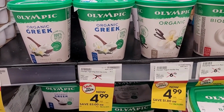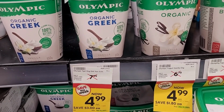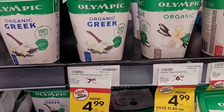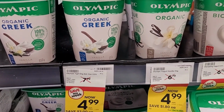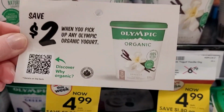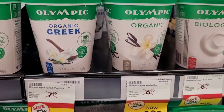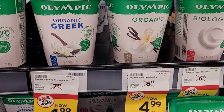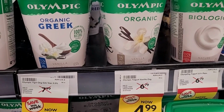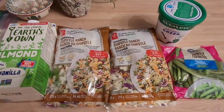We got the berries this week, something we don't normally have in the middle of winter, so I was thinking maybe some yogurt parfaits would be good. So I was looking kind of to double up a sale with a coupon, and this is what I found. Save $2 off organic yogurt. We've got a couple options here, and I'm just debating between organic Greek vanilla and organic vanilla, not Greek. I'm now up to